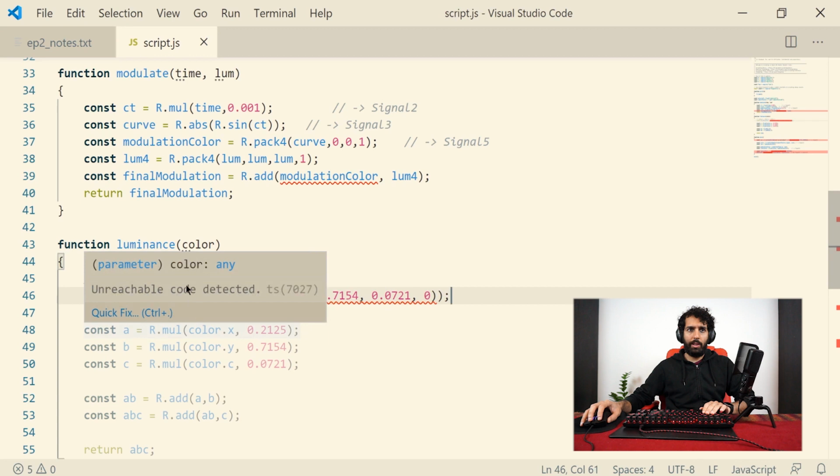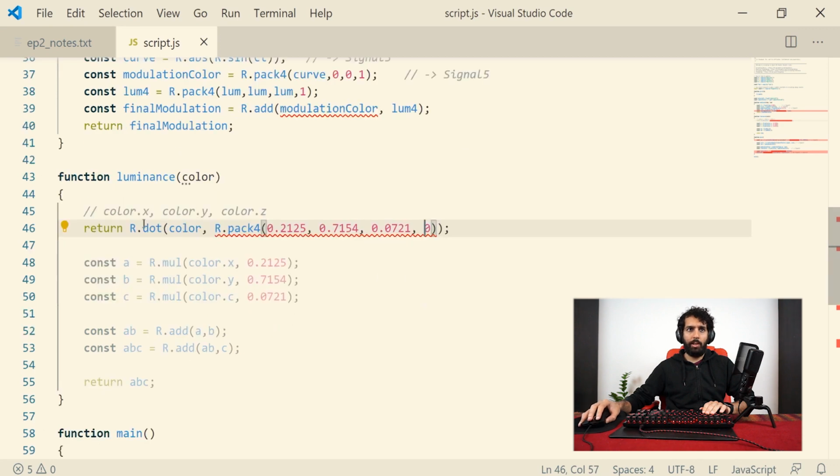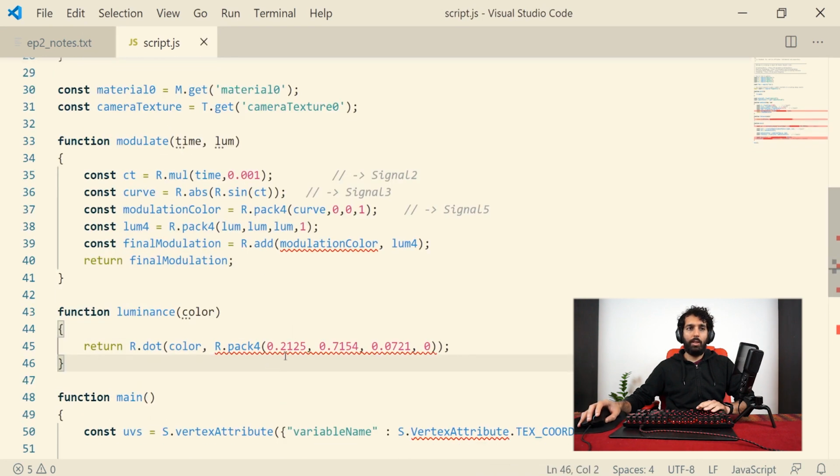So what this will do is take color.x multiplied by this, color.y multiplied by this, color.z multiplied by this, and then color.w and multiply by this, and then add all of those together and then return the sum, which is exactly what we're doing here. So I can actually just delete all of this. So yeah, it's much easier to type just one line instead of all those instructions, and it's actually much faster